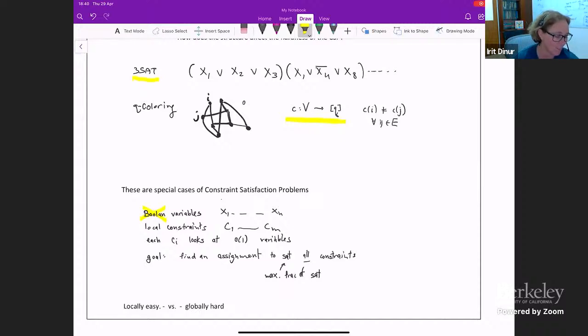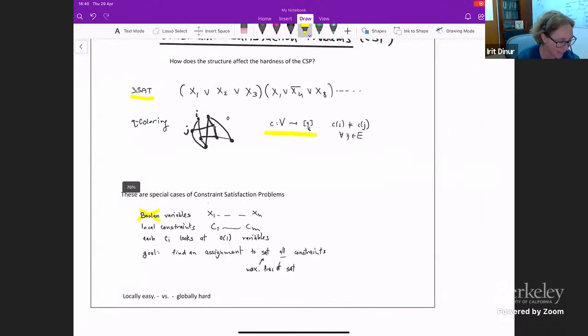They capture this mind-boggling phenomenon where locally the problem is really, really easy. Every constraint is over a constant number of bits. It's very easy to satisfy it separately. It's also easy maybe to satisfy a few of the constraints together, but once you try to satisfy all of them together, when you go global, the picture changes, it becomes hard. And it's very interesting to understand what happens, how does this become hard?